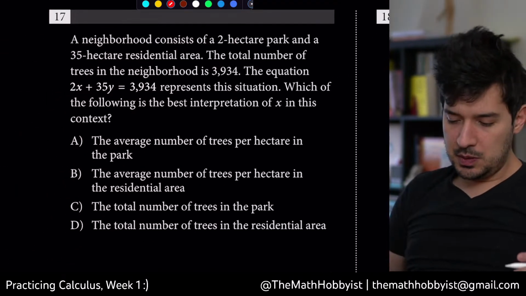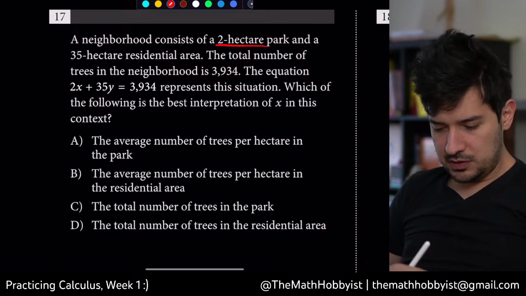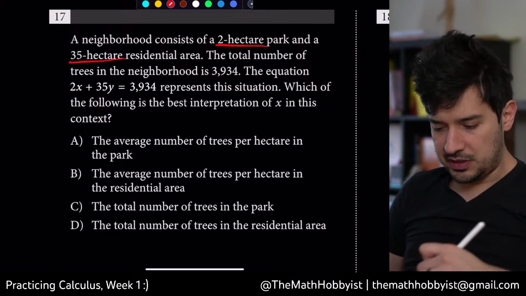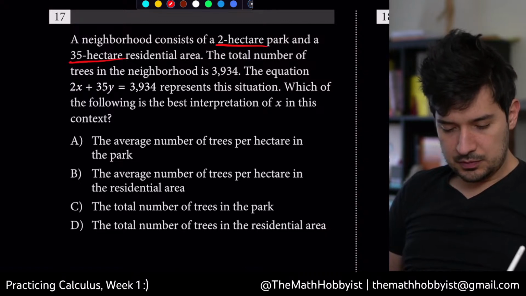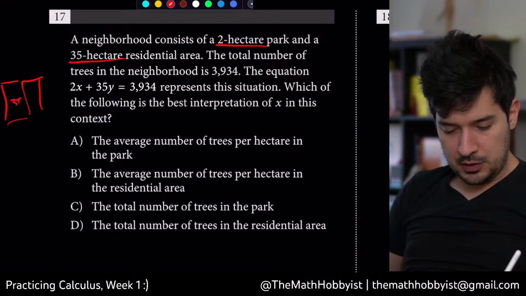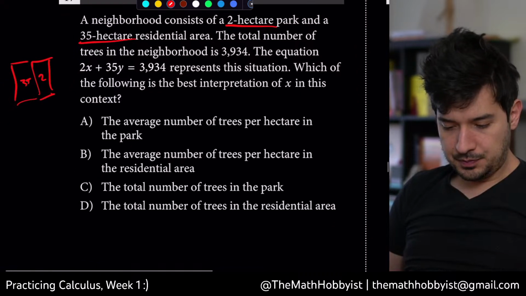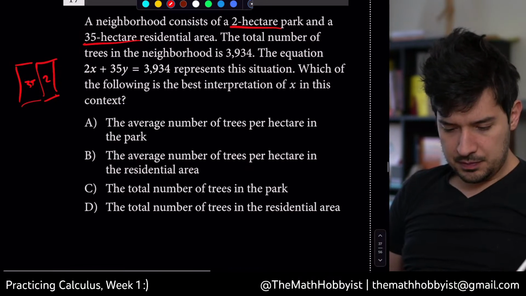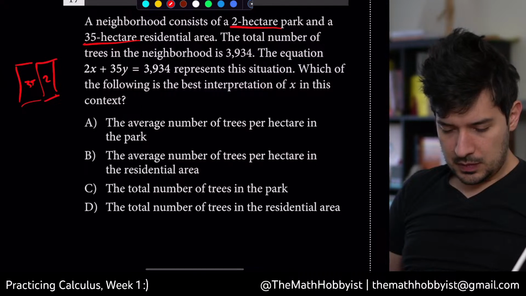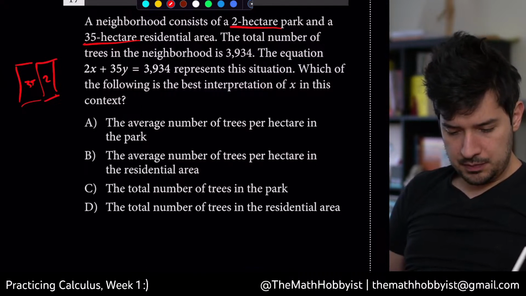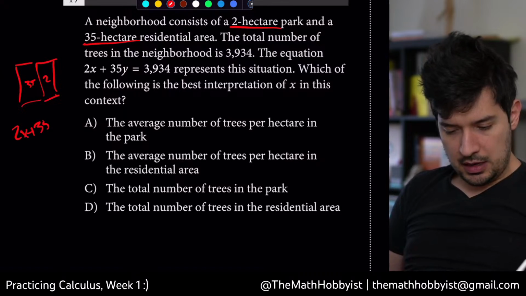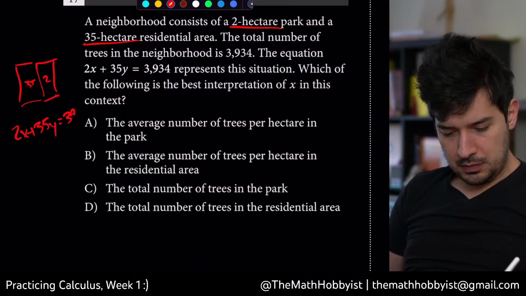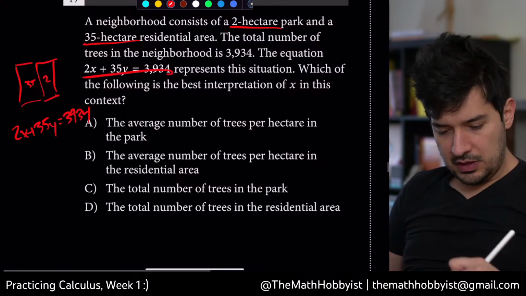Neighborhood consists of a 2-hectare park, a 35-hectare residential area, 35 and a 2-hectare park. Total number of trees is that. Okay. I see. All right, so this is